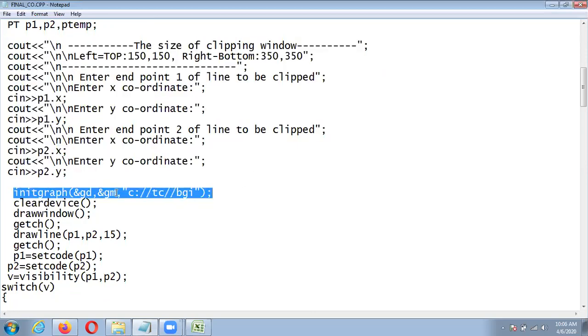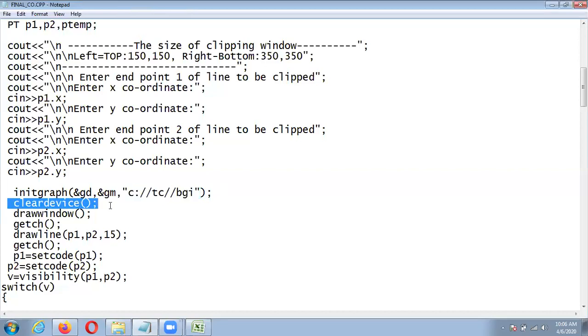Also here we have to pass the path where our BGI is stored, that is c:/tc/bgi. In Ubuntu we don't require this; we just pass null over here, but these programs are in Turbo C, so here we have to use this one.